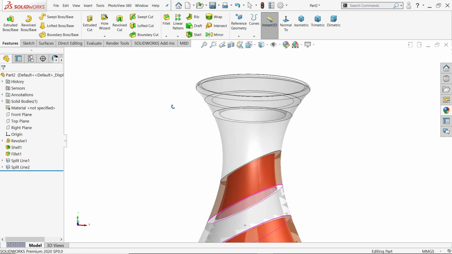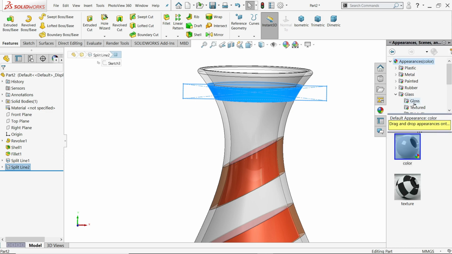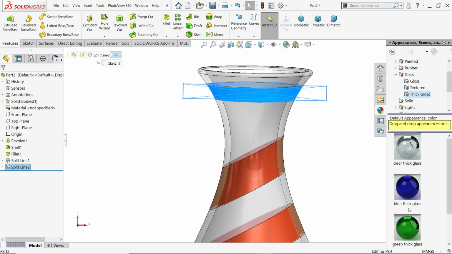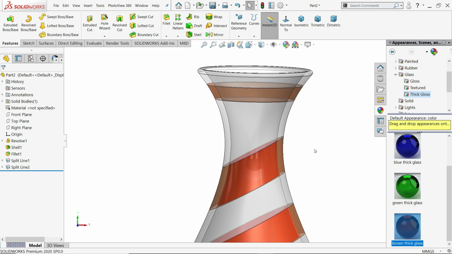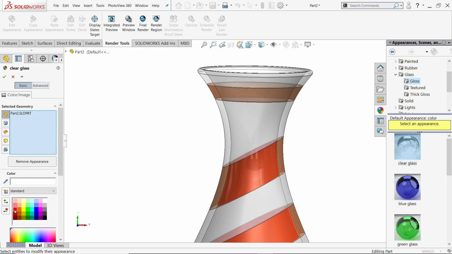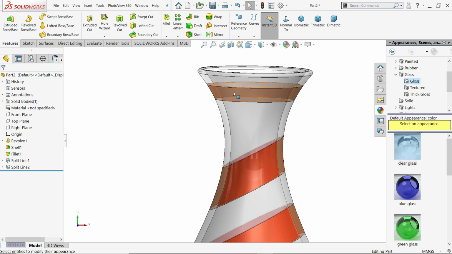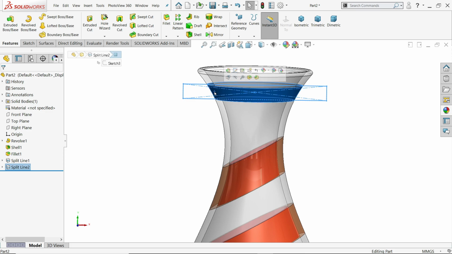Look. Inside, outside, what you have to choose.